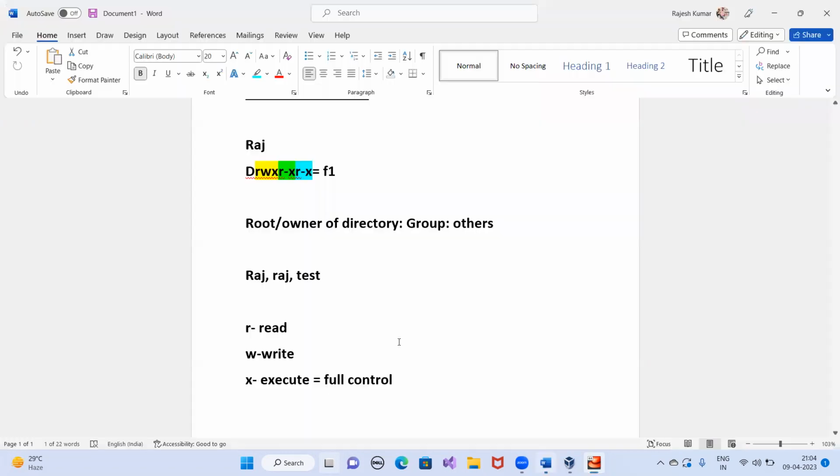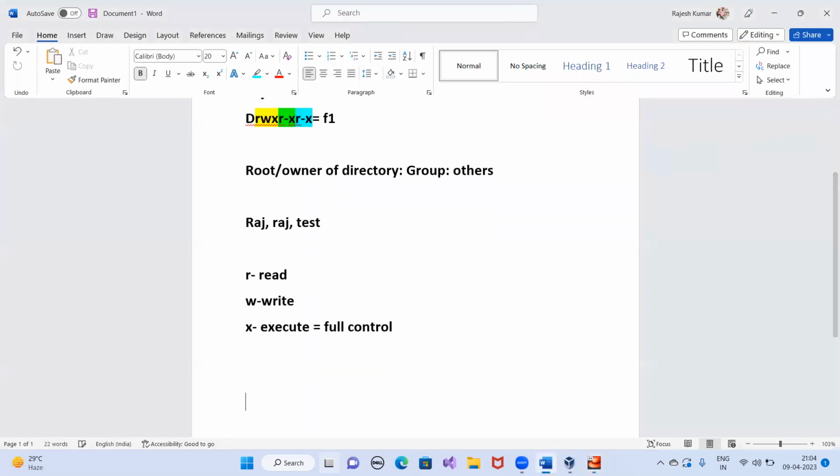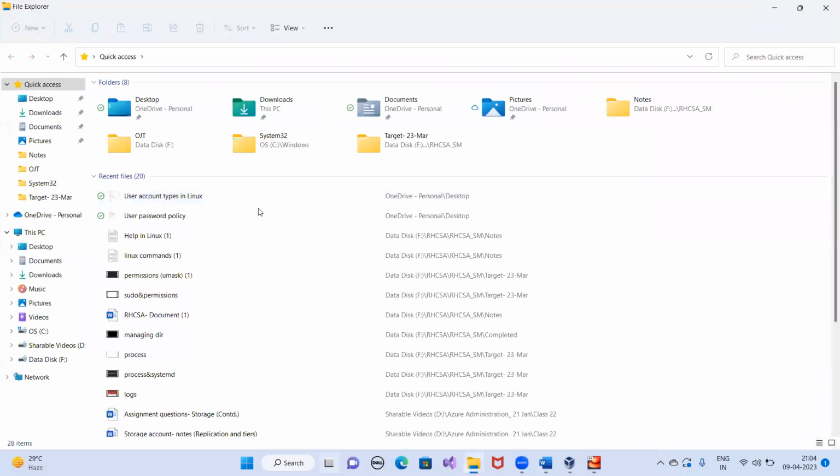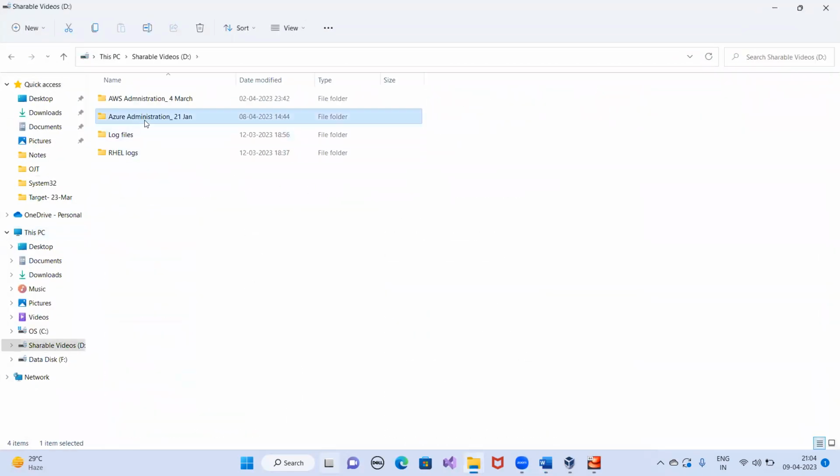If someone has, let's start with the directory. First, if someone has the read permission on the directory, it means the person can read the contents, read the listing actually. Read the listing in the sense, suppose this is my directory, this is my folder.